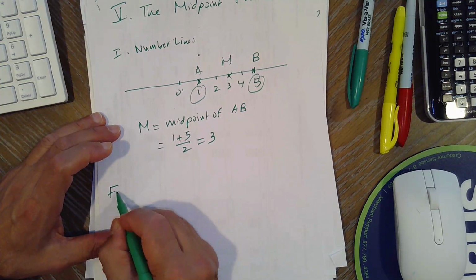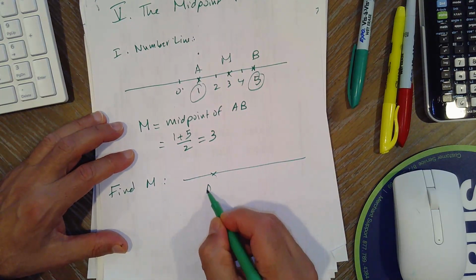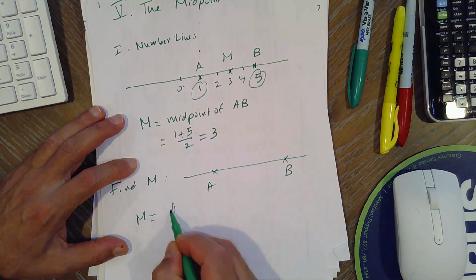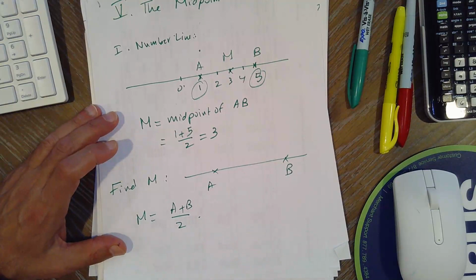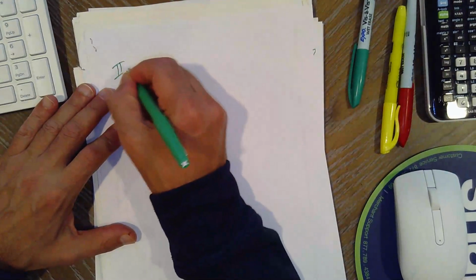So if I say find M, where M is the midpoint of AB, and I don't give you any numbers in there, so you just say M is what? A plus B over 2. Okay, it's the average. Now on the rectangular system of coordinates,